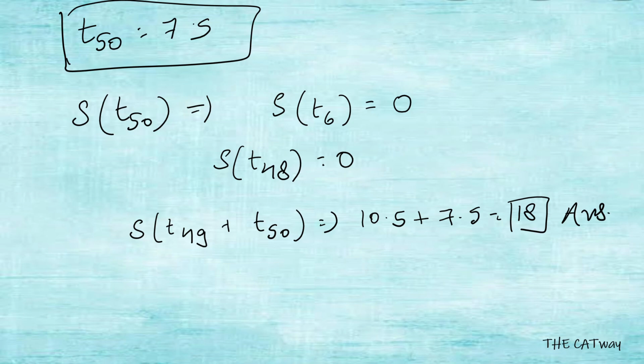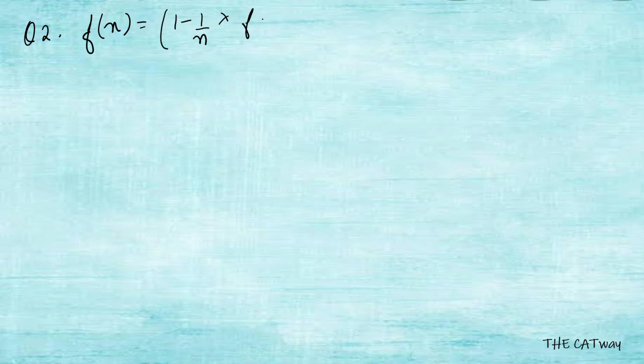Now let's solve one more question in the same way. Let's see the format of this question. The question says fn, as I told you, it will always be in the form of a function, so that if the first and second terms are given, you can find all the other terms with respect to the formula we have been given. So fn is equal to 1 minus 1 by n into f(n minus 1), and we have been given f1 is equal to 1.